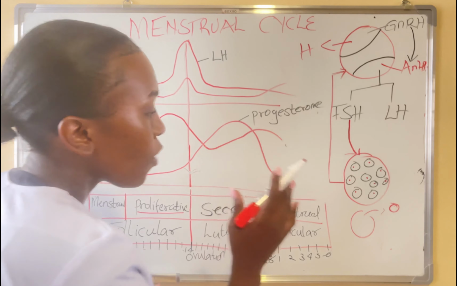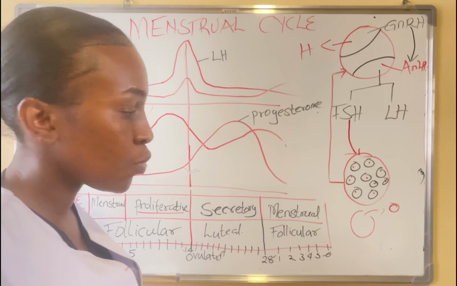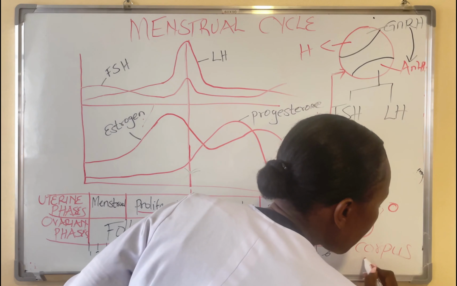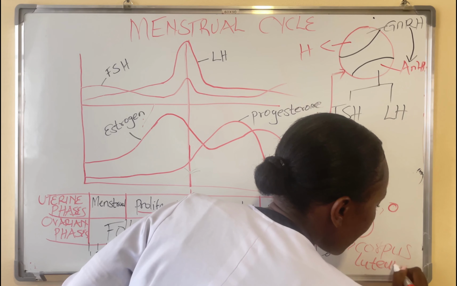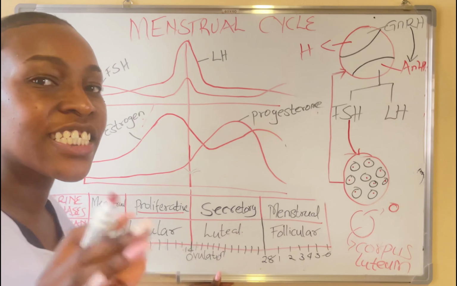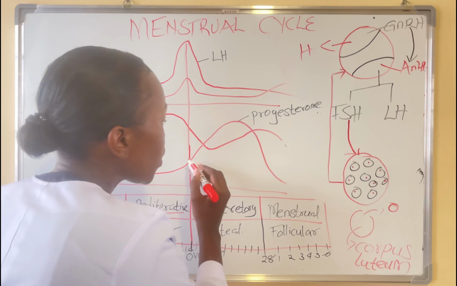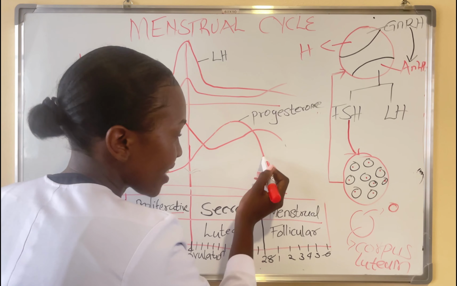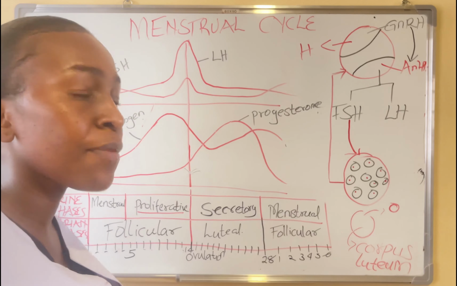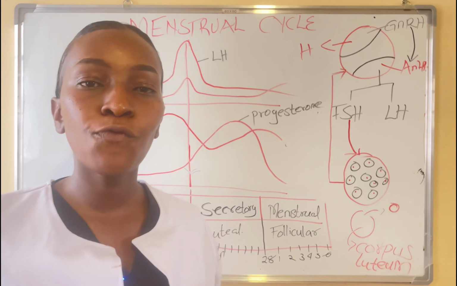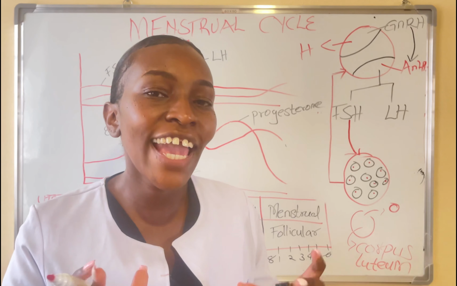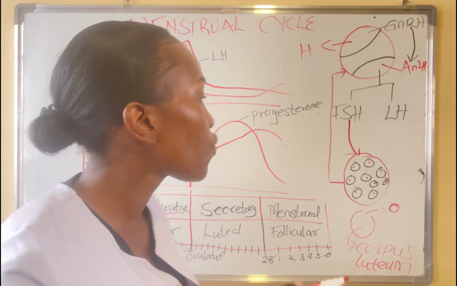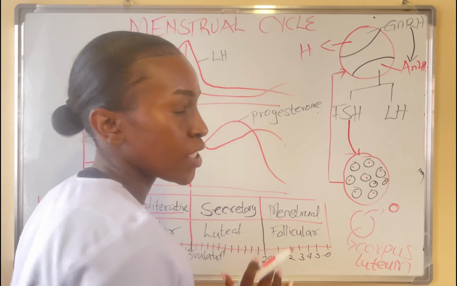The remaining follicle forms something that we call a corpus luteum. Big words today. This corpus luteum starts secreting progesterone. That's why you see after ovulation, the levels of progesterone start increasing. During this time, the uterus is ready. It is waiting for the baby. The egg went there to meet the sperm. If fertilization takes place, these hormones continue to be in high levels in the blood.